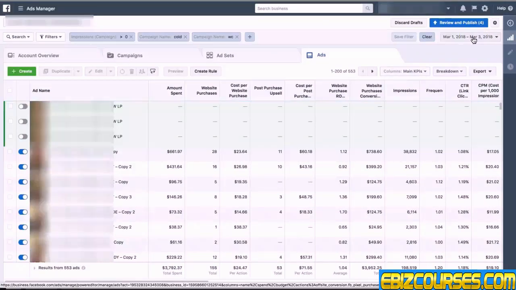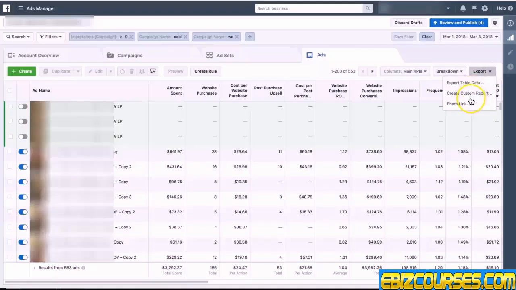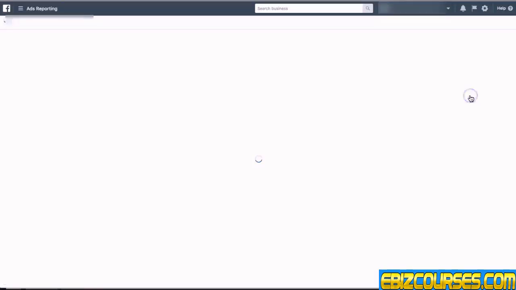What you can also do at this stage is save this as a report. What that does is where a filter just saves these items at the top, a report will also save the tabs that you're looking at as well. And what that allows you to do is actually come back and look at that later on. So if I do create custom report,